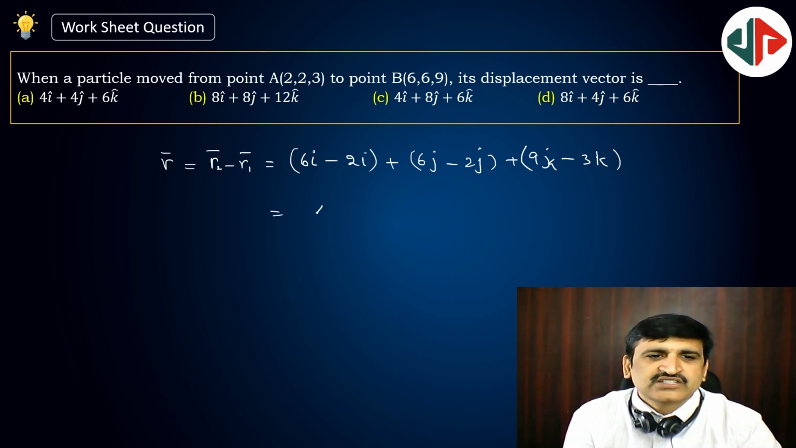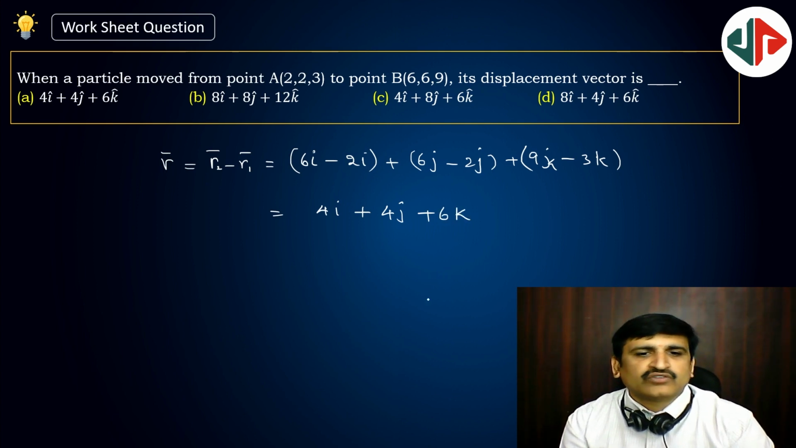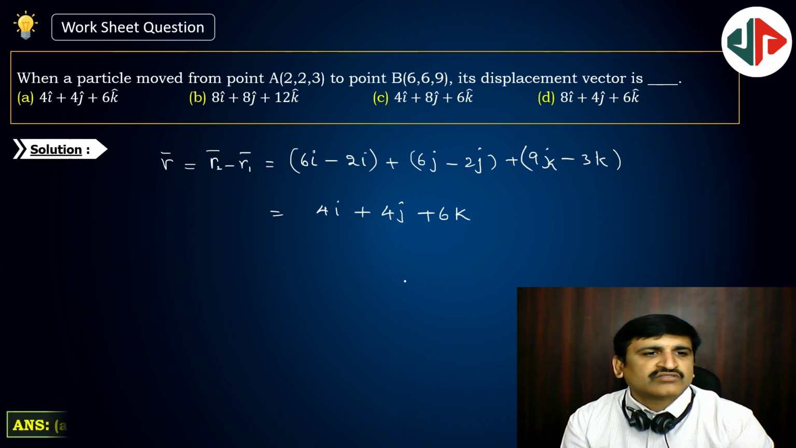So 6 minus 2 is 4i, 6 minus 2 is 4j, and plus 6 minus 6k, 9 minus 3 is 6k. So 446 is the answer. Okay, correct. Next,